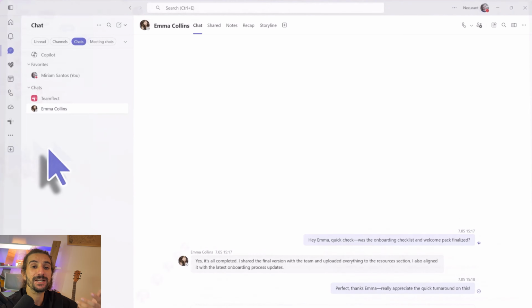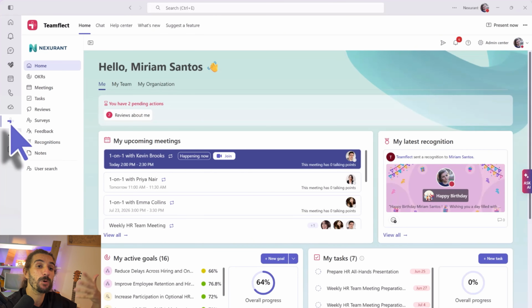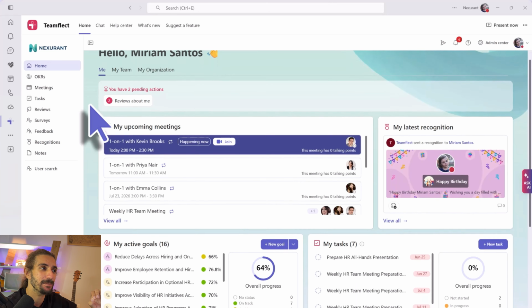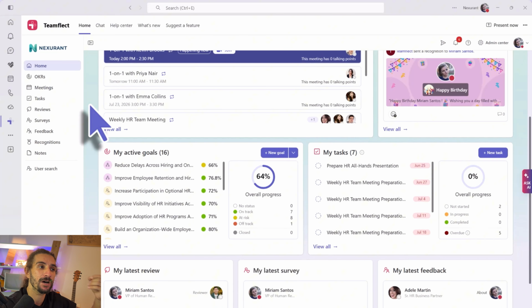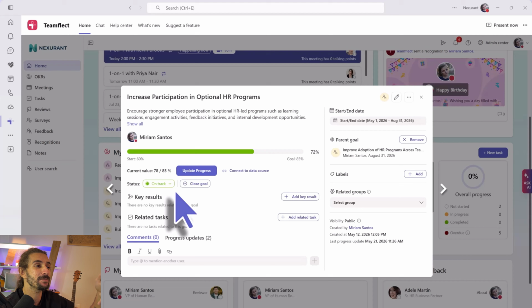Now, here we are inside Microsoft Teams, and before we head into the actual OKR retros and meetings section, I want to show you how OKRs work with Teamflect inside Microsoft Teams. But if you want to focus on the Microsoft Teams meetings and OKRs inside them alone, you can skip ahead to this timestamp. But as you can see, here we are inside the Teamflect homepage, inside Microsoft Teams, and look,